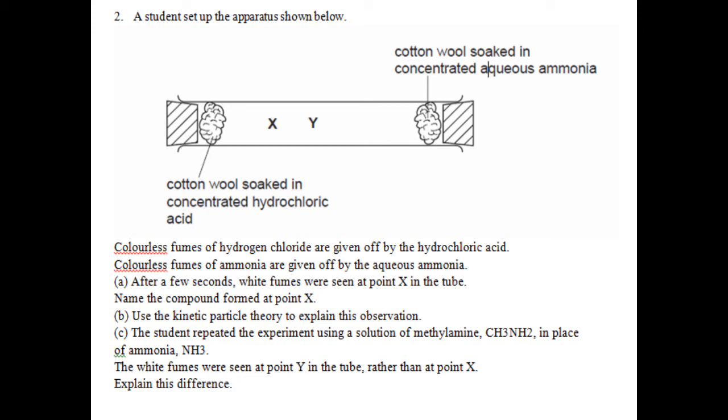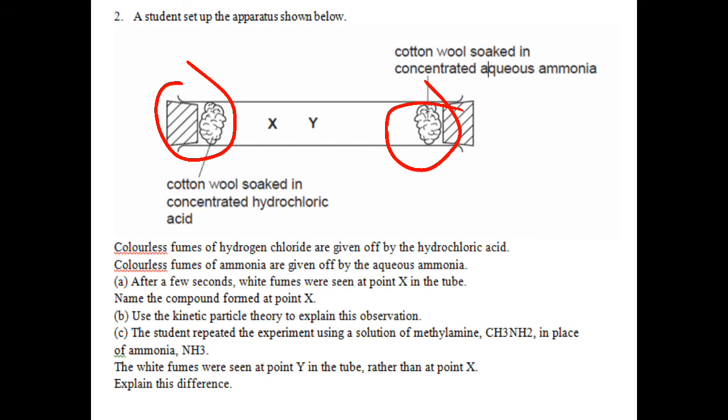Now the second question from your theory section is, a student set up the apparatus shown below. I had explained this question earlier also, but this time you have to look for the answer yourself. There are two places in a glass tube where soaked cotton wool is placed. At this corner, concentrated hydrochloric acid is placed, and at the other corner of the tube is placed